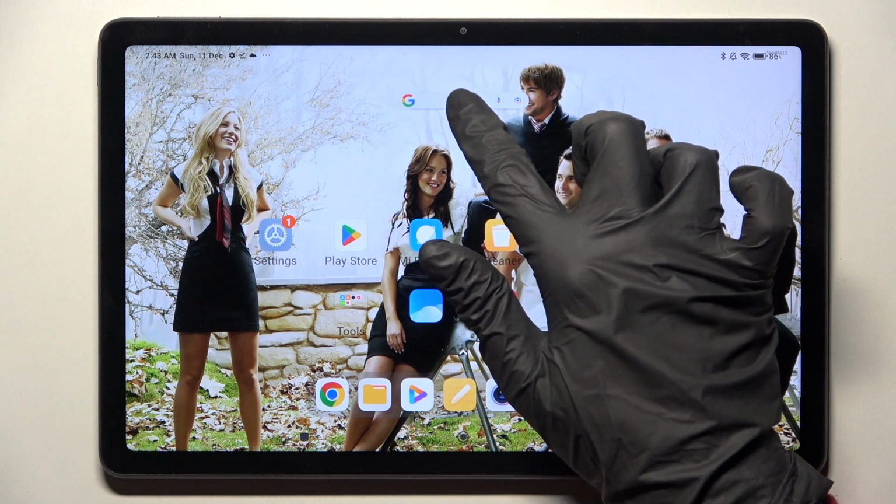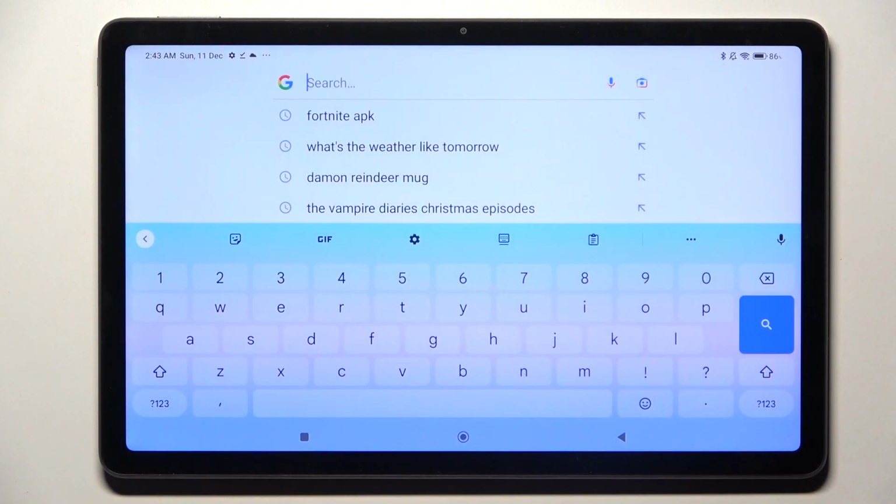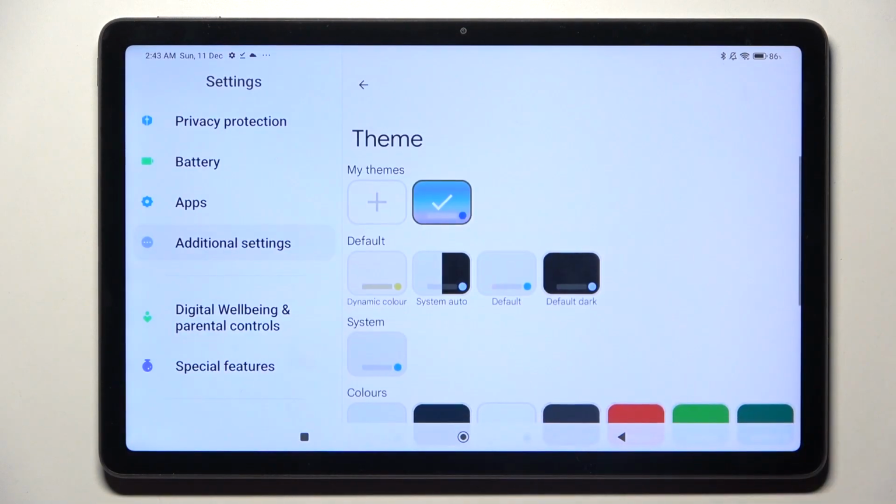So when I go back, as you can see, theme of mine has changed. But you can always go into exactly the same settings, swipe up and customize it by choosing this plus icon